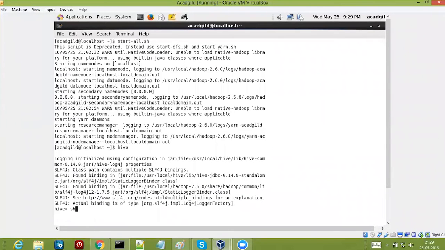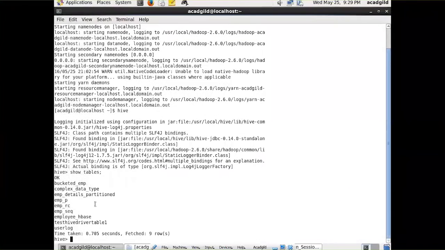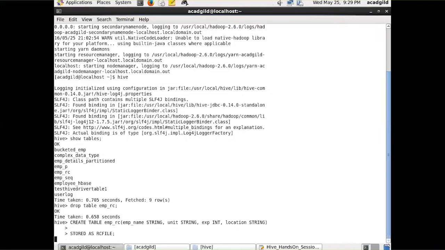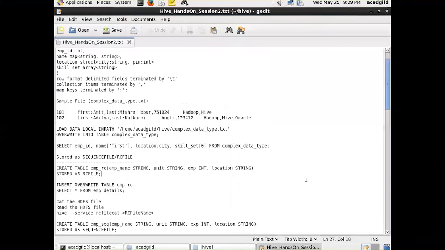Now if I try to run show tables, I will be able to see it. So emp_rc already exists, so I'll drop the table. I'll drop table emp_rc. So the table has been deleted. And if I paste this to create the table, now I have created the table,